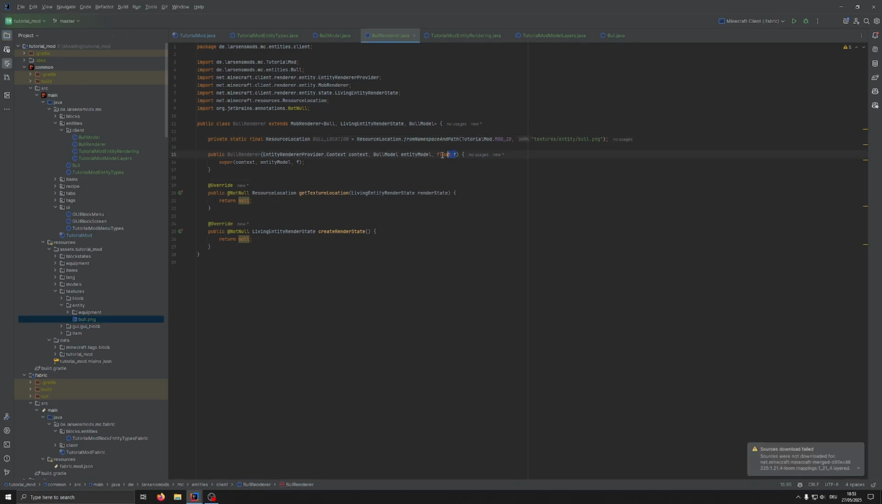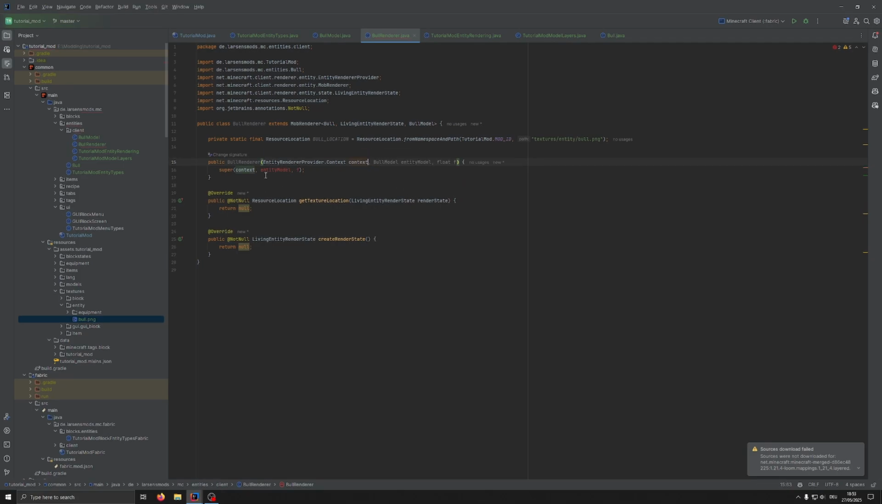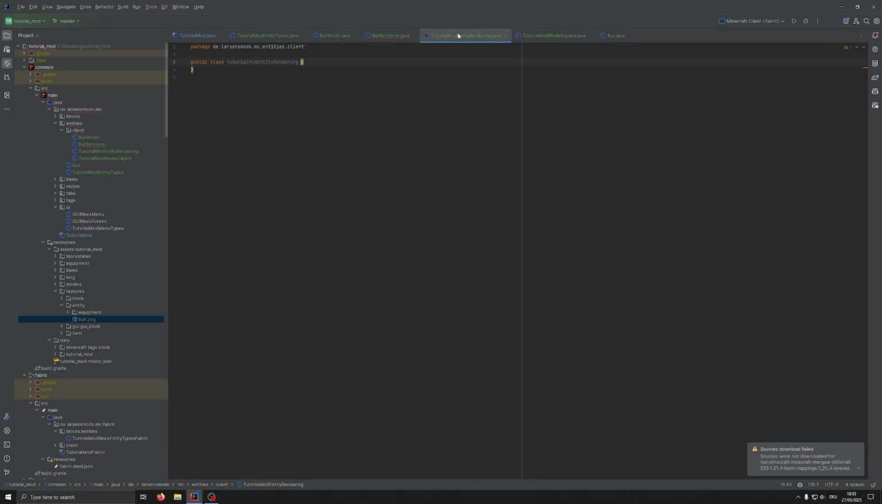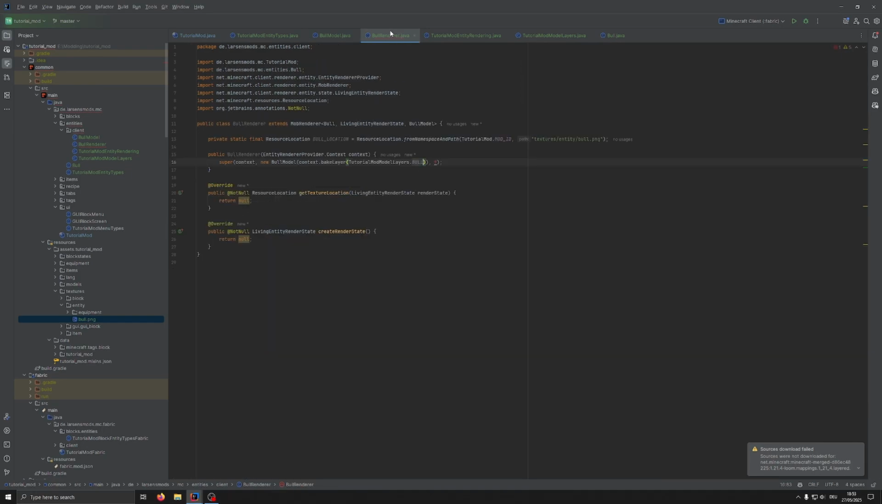Now for the constructor, we want to delete the last two parameters here because we need to specify them directly. For entity model, we just create a new bull model with context.bakeLayer for our tutorial mod model_layers.bull. With this, we tell the model that we want to use the main definition and mapping we defined here on this model. And the second parameter here, this float, this is the shadow radius of the shadow that is rendered